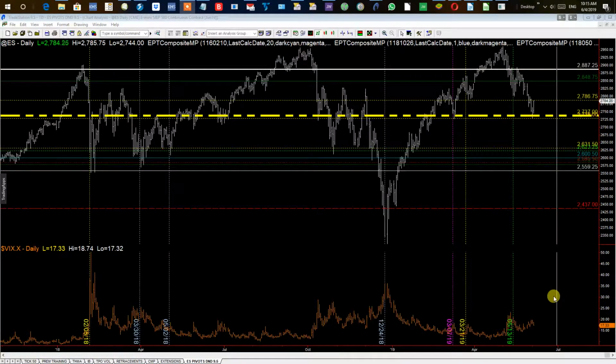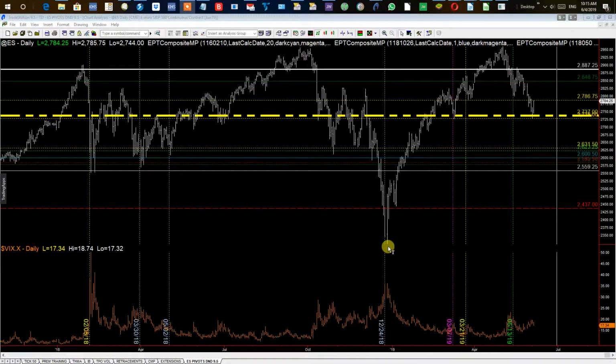Looking at a daily chart is the easiest way to pick out the pivots. And it's just that simple. When using the composite market profile, we look for a low pivot, not a high pivot, a low pivot. And so if we were to just look at 2019 forward, just before we changed into 2019, back in December, as you can see here, we had a low